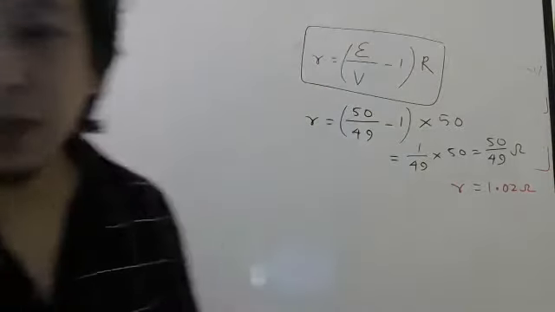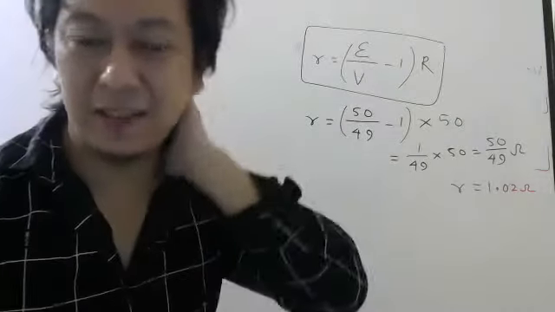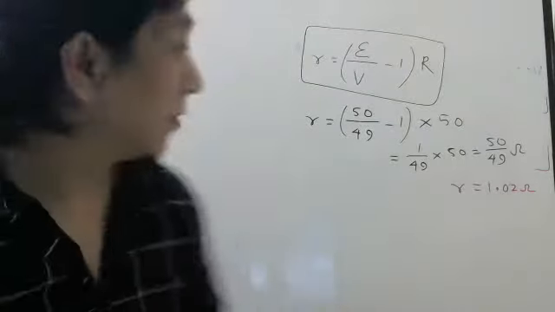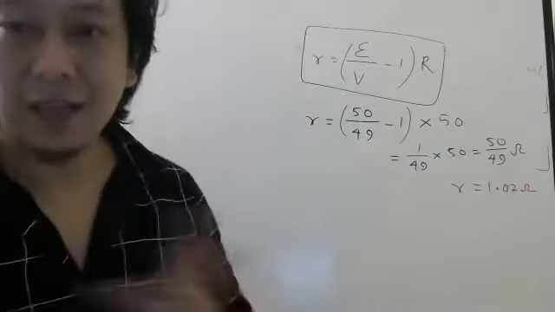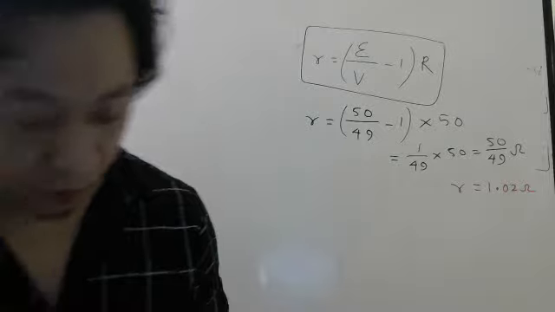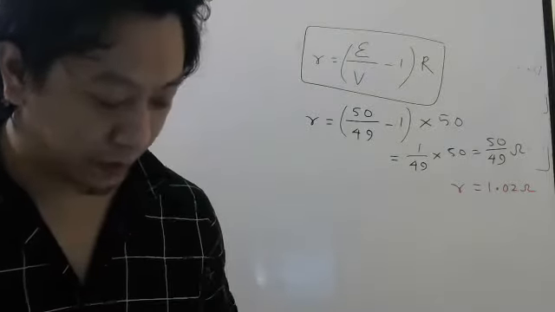As you can notice, internal resistances are usually very small. That is why at school level, usually they neglect it, and therefore we start calling EMF the same as terminal voltage. Because if small r is 0, then EMF and terminal voltage will be the same. That is your question number 2. See question number 3 now.